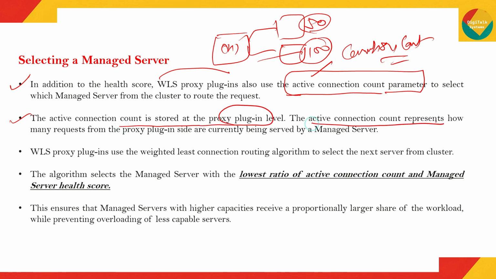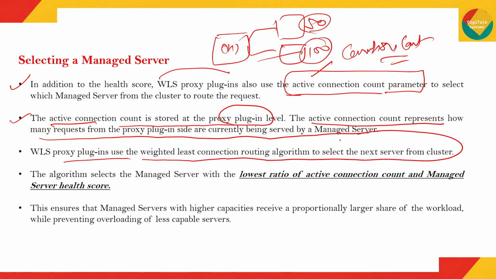And this active connection count represents how many requests from the proxy plugin are currently served by the managed server. So how many requests are getting processed by the managed server? This is represented by the active connection count. Right, now the plugin uses the weighted least connection routing algorithm to select the next server from the cluster. So now it is going to select using the weighted least connection routing algorithm. This is the new algorithm that has been incorporated apart from the standard round robin, based on active connection counts